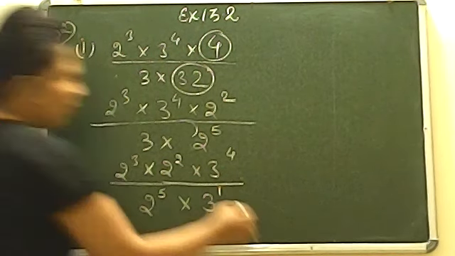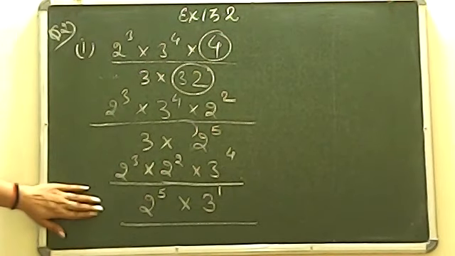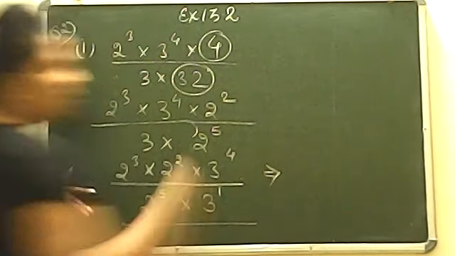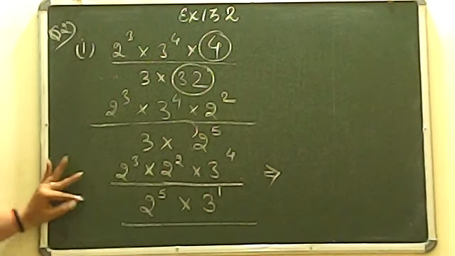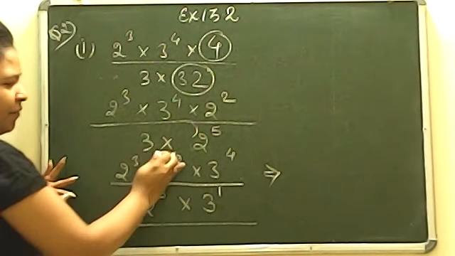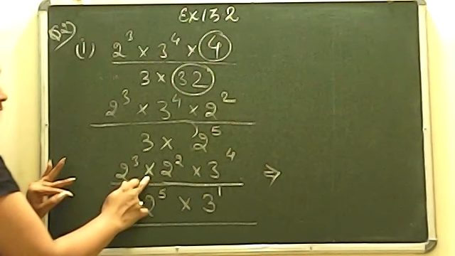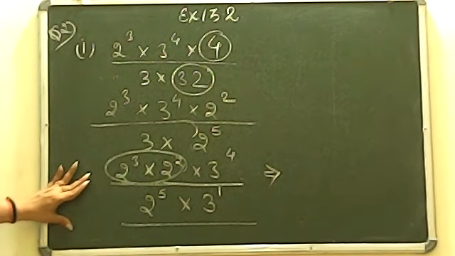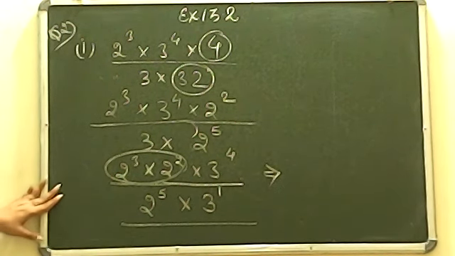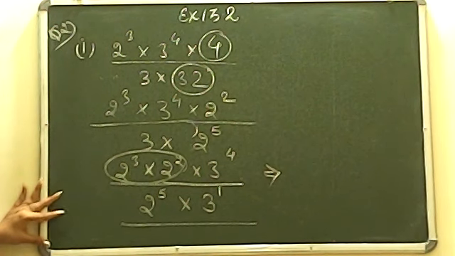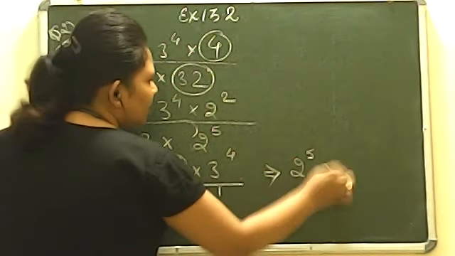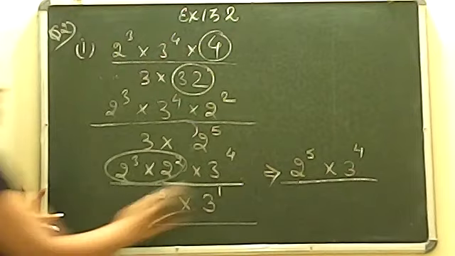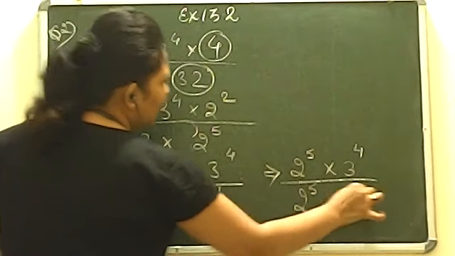Now tell me this step is okay or not? Please tell me faster. This step is okay? Which is the last step? Now simple and the last step. Base same, power different, in between multiplication. Shubhanshu, tell me what will you write it down in case of this? Tell me. हाँ. Correct. Multiply by 3 to the power 4 will remain like that only. Now 2 की power 5 as it is है आपके पास, 3 की power 1 as it is है.